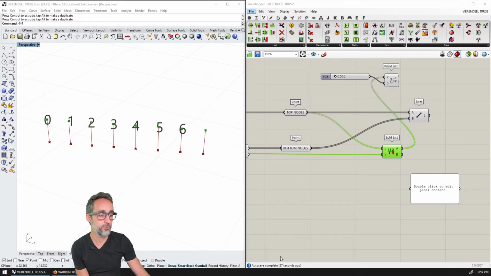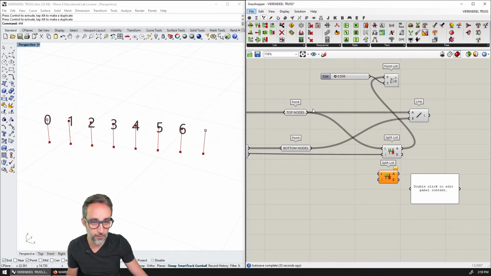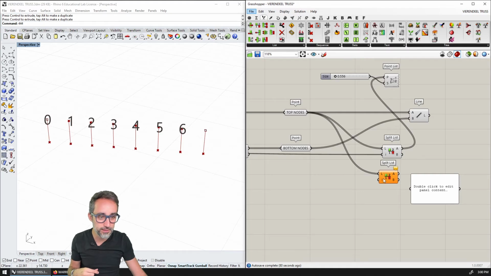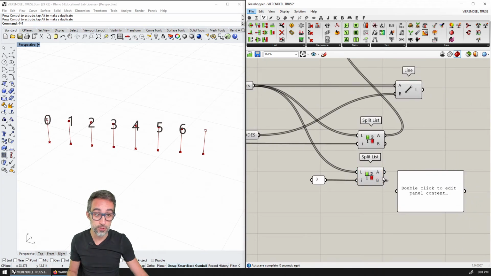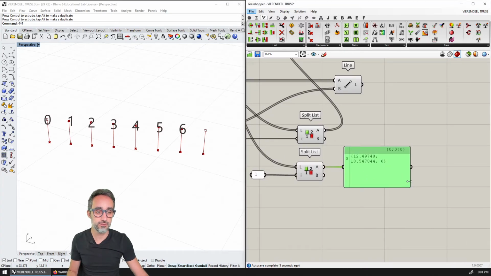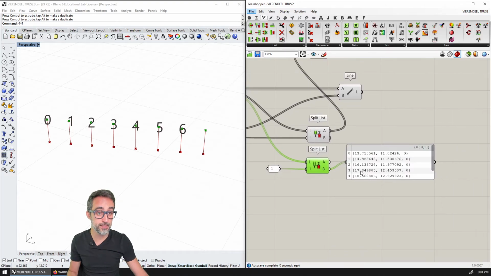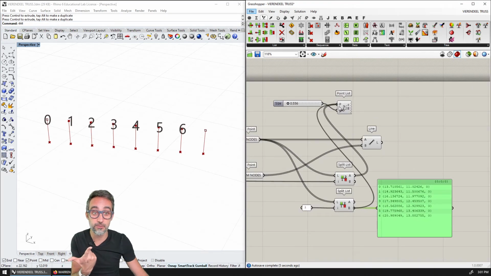So I'm going to use a very similar technique. I'm going to split the list, but this time, because I want to remove the first one, I'm going to set with the panel number 0 as the index that I'm chopping by. Actually, no, it should be number 1. Number 1 makes the first element go on its own list, and then it gives me a second list, which is all the elements except for the first one. And I can see that very clearly if I plug it in here.